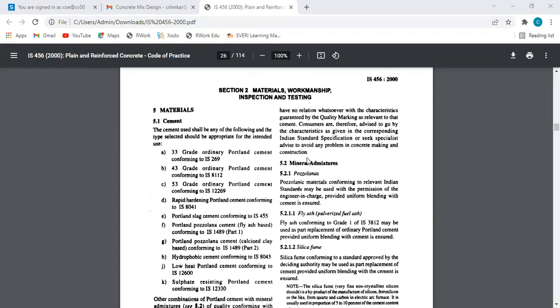Some additional information I will put in for your better understanding. See, which IS codes we have to use for our cement is in the first half of this particular IS code. For OPC 43 grade, which we are basically using, it should conform to IS 8112. If you are using OPC 43 grade, it must conform to the properties mentioned in IS 8112. If you are using OPC 53 grade, the properties of that cement must conform to IS 12269. For rapid hardening cement,